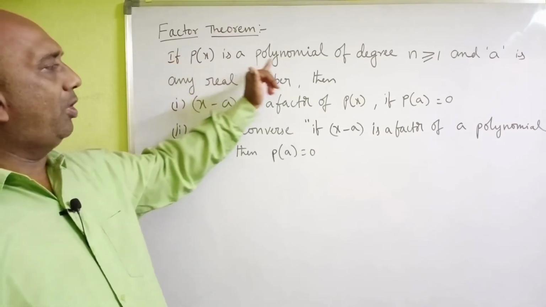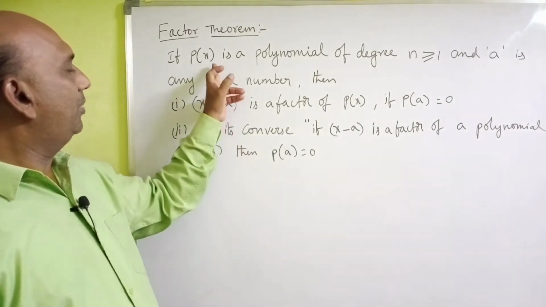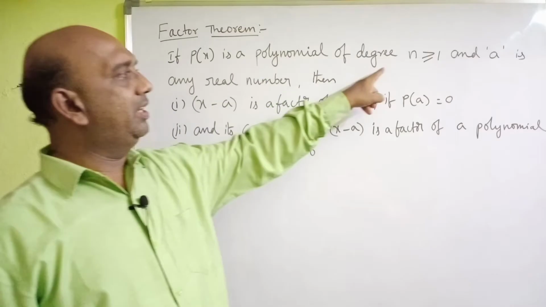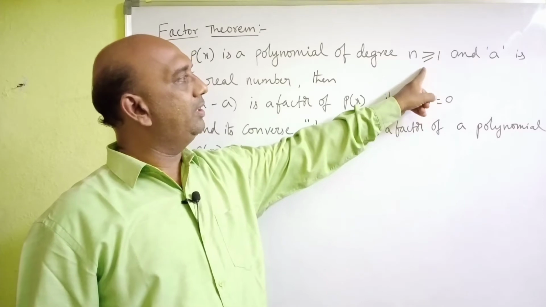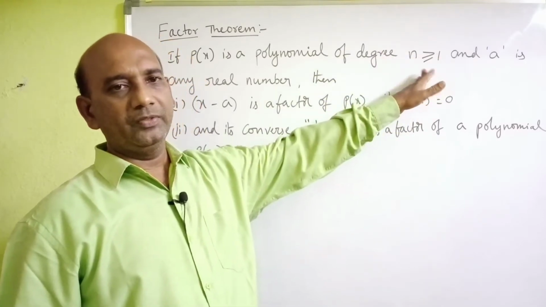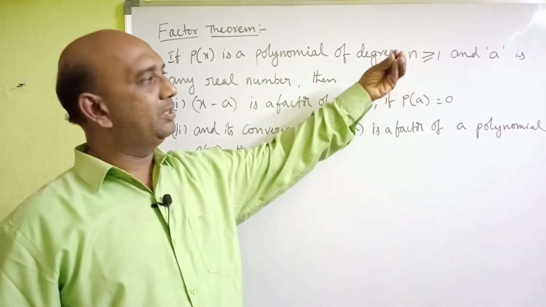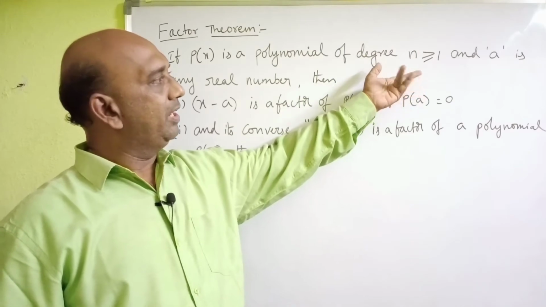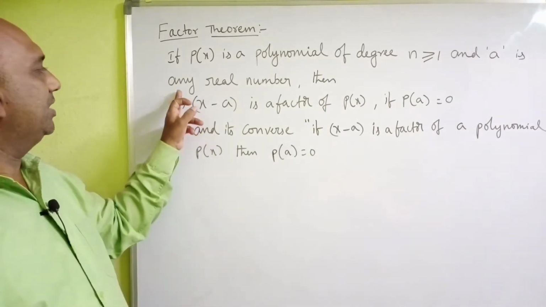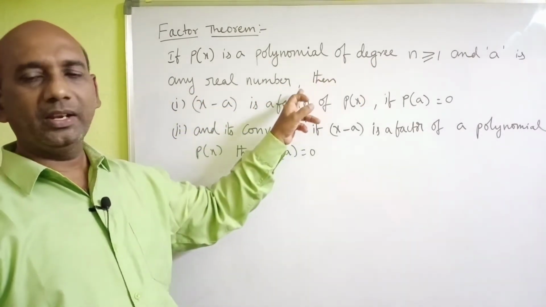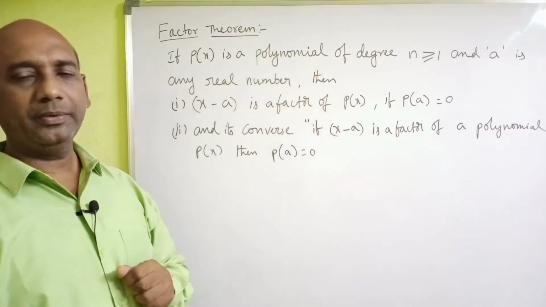If p of x is a polynomial of degree n greater than 1, that means a polynomial of first degree or greater than first degree, that means second degree, third degree or anything. In place of x in that polynomial, if a is substituted, and a is any real number,